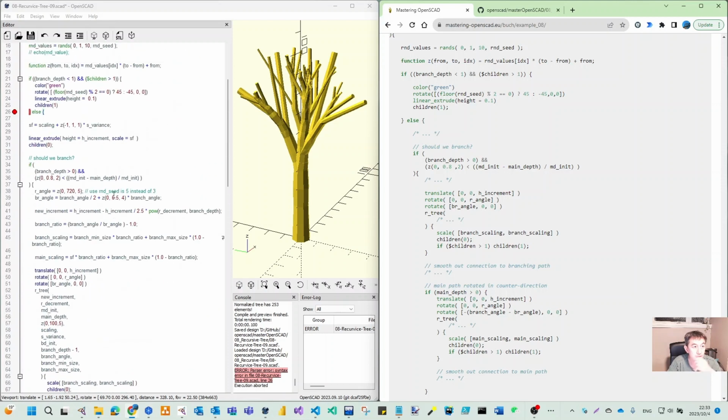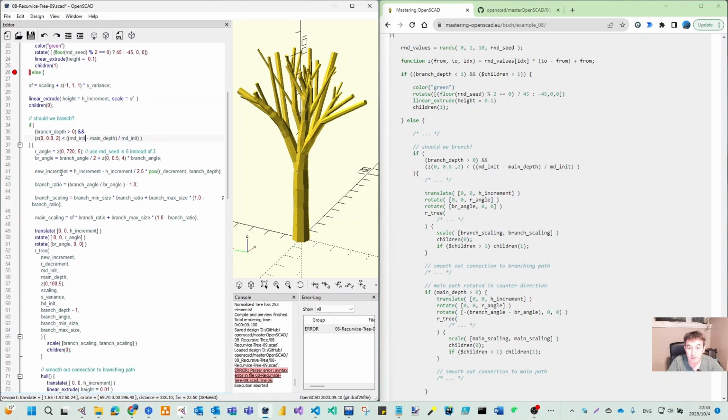Here is the else, and we go to the depths, this one, and we have those calculations,